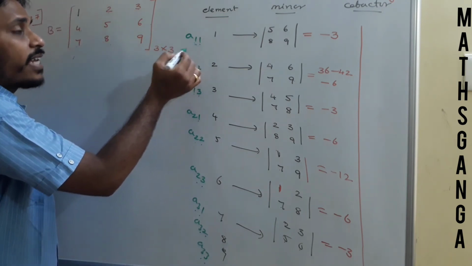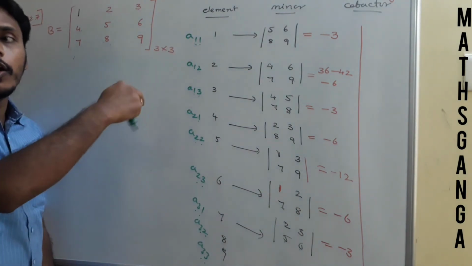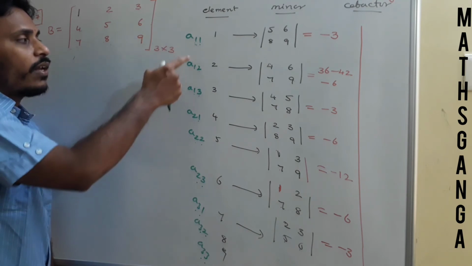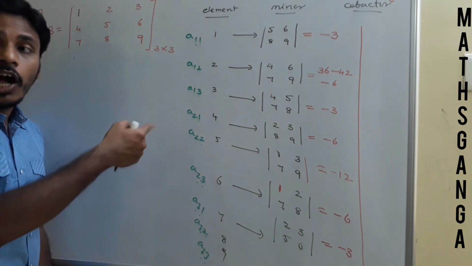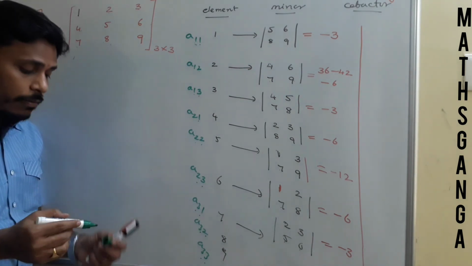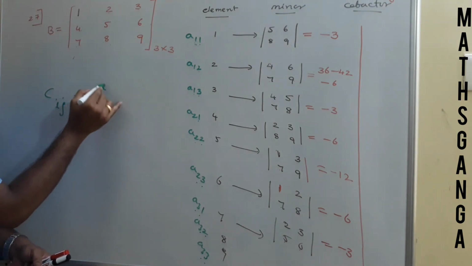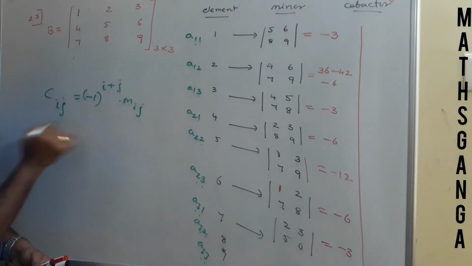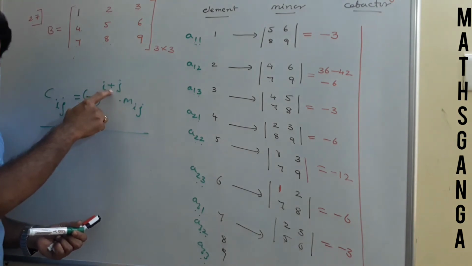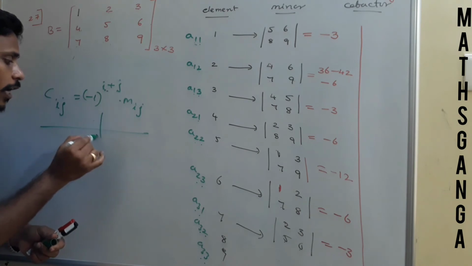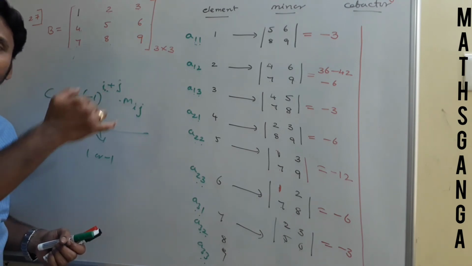So if you add this i and j, consecutively they are alternately even and odd. Like this: here it is even, here it is odd, here it is even, here it is odd, and alternately it is even and odd. So since it alternates, if you write minus 1 to the power i plus j, as we mentioned, the definition of cofactor is minus 1 to the power i plus j into Mij, right? To follow this definition, we need to add i and j, and alternately you will get even and odd in these positions. Then alternately you will get this value as 1 or minus 1. So simply write it by multiplying alternately.